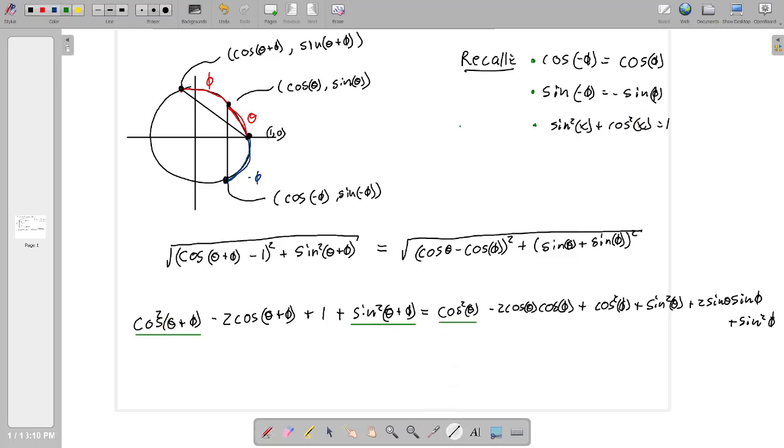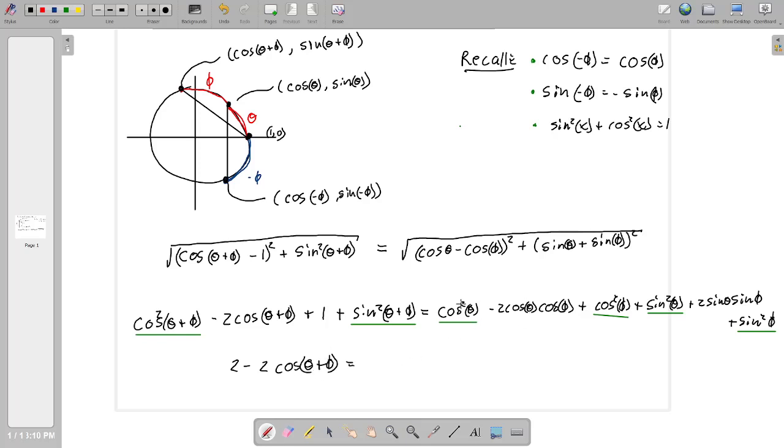Similarly, we have cosine squared theta plus sine squared theta, so that will be a 1, and cosine squared phi plus sine squared phi, that will also be a 1. So we have two 1s on the right and one extra 1 on the left. We have a 1 here, plus these two things becoming 1, we end up with 2 minus 2 cosine theta plus phi